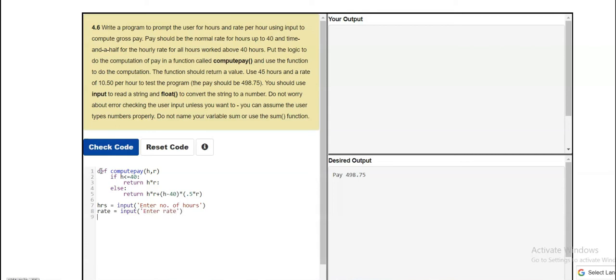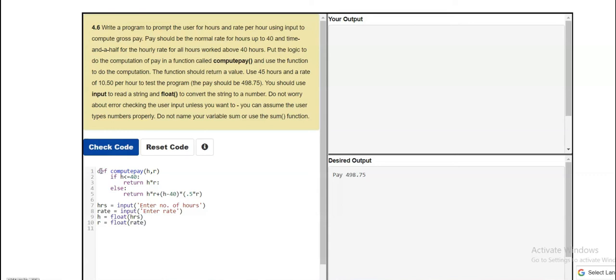Now we also have to convert these values to float type. So I will use another variable h and convert the previous hours into float type. Then in r we will store the converted value of rate.